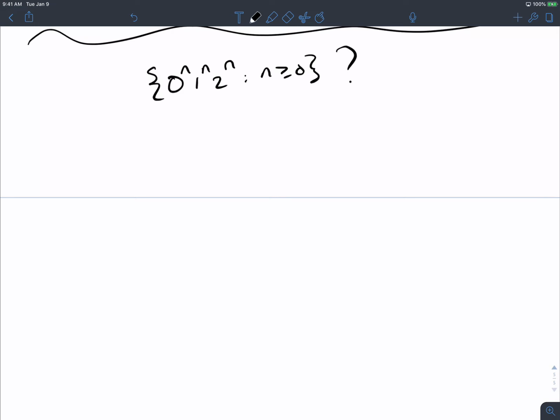Feed in a long string, it goes around the loop many times, and then goes to a final state. What's wrong with that idea? What does a PDA have that a DFA doesn't? Stack. So if I go around a loop and come back to some state I saw before, could the stack change? Yeah, even if it was the same symbol, the stack height could have changed because I could have put more things on or taken things off.